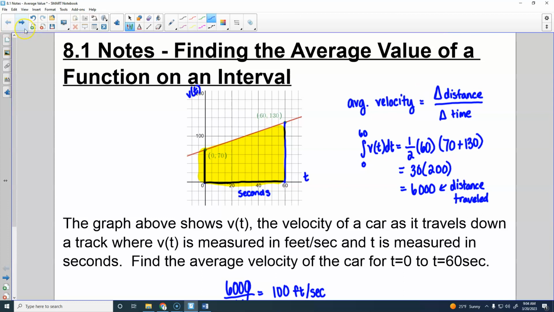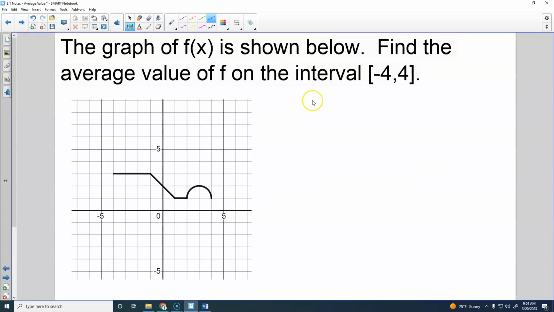So for this particular function, my average f of x, I don't even know what that stands for, it's just a function, right? The average value of f of x is going to equal